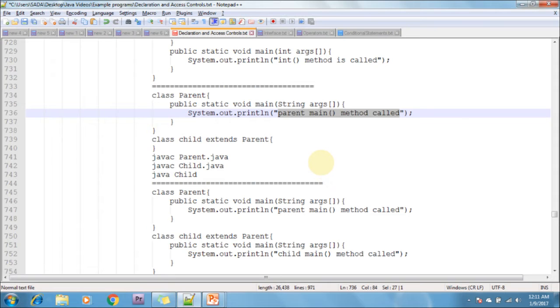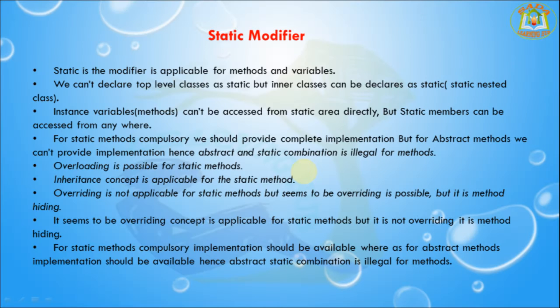Next, it seems to be overriding concept is applicable for the static methods, but it is not overriding. It is method hiding. For the static methods, compulsory implementations should be available, whereas for abstract methods, implementations should not be available. Hence, abstract static combination is